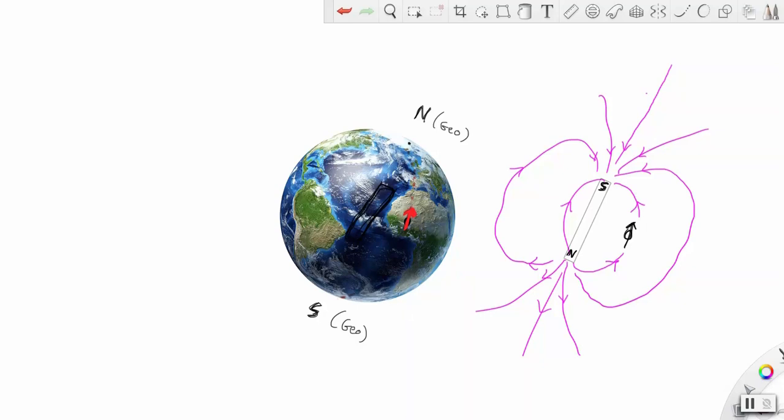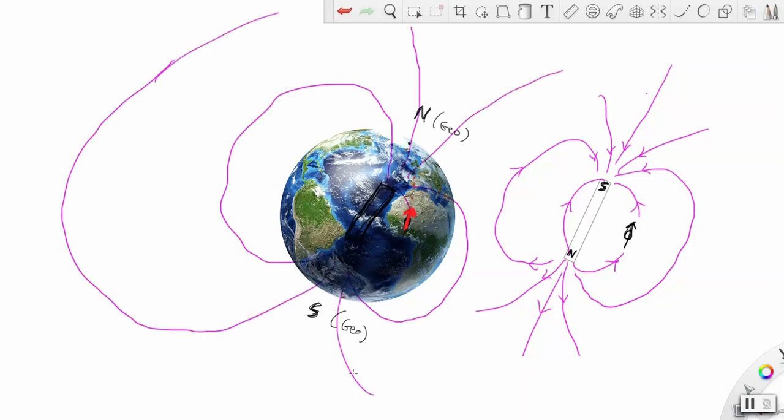So if you did that, then you would get these magnetic field lines that are very similar to what we see over there. That means that the South Geographic Pole is very close to the North Magnetic Pole,